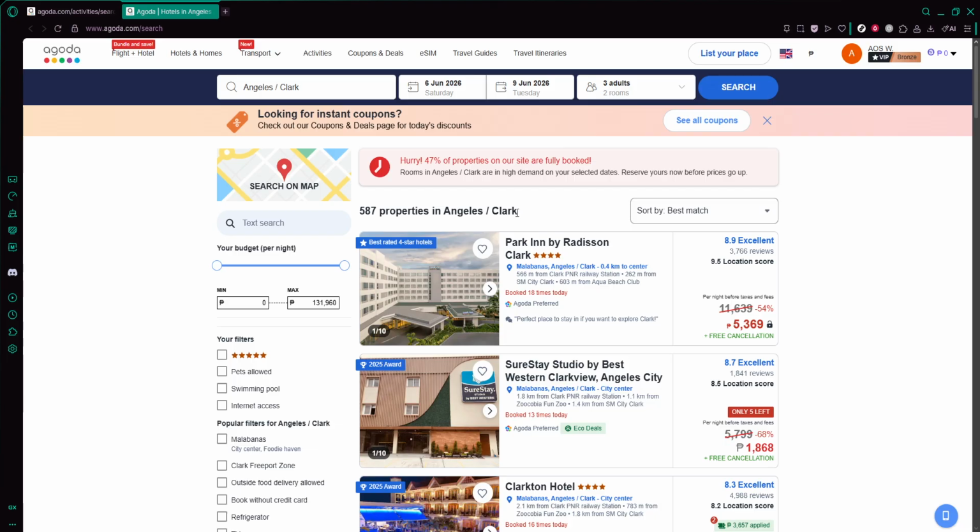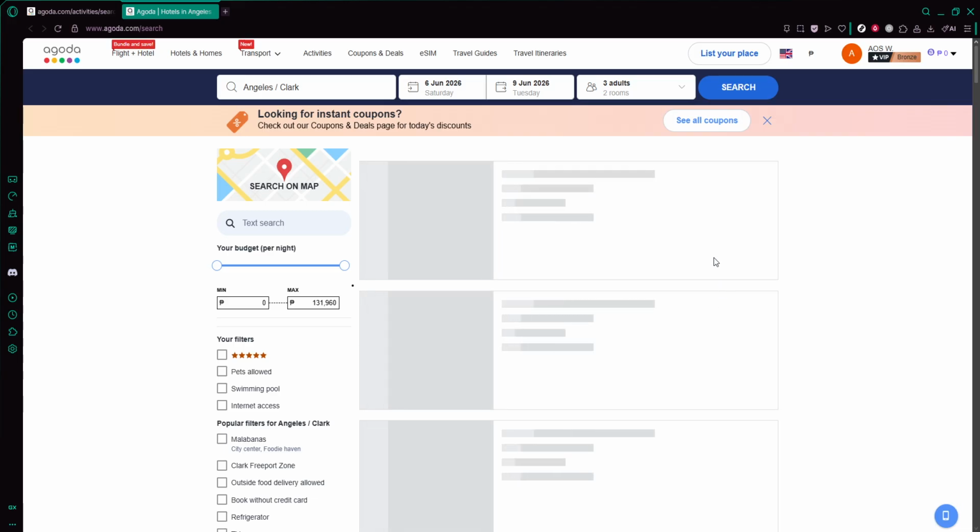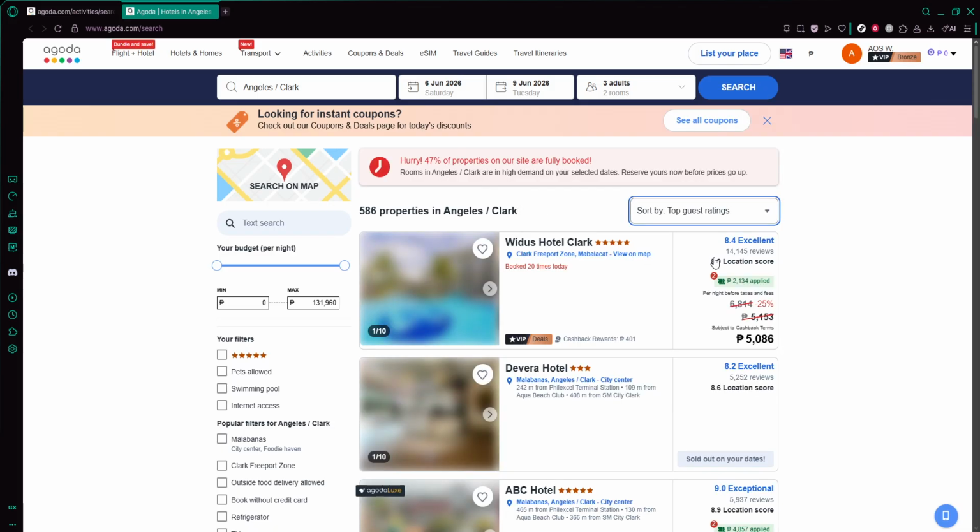Agoda uses a combination of factors such as guest reviews, popularity, value for money, and location to highlight these properties. This means the hotels you see here are generally well rated and commonly chosen by other travelers. As you scroll through, pay attention to the review scores, number of reviews, and any short highlights like great location or clean and comfortable. From here, you can open any hotel that catches your eye to read more details, view